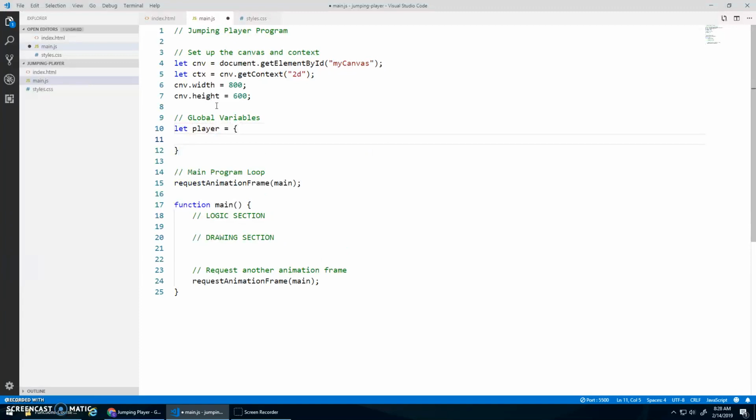Let player be assigned, and I'm going to make my player be an object because my player is going to have a bunch of properties, and I want to store those instead of going let player X and let player Y and let player size and let player whatever. All these individual variables. I like to have one variable that is going to store an object which can have multiple properties in it. All right, so I'm going to need an X, and let's start with the X value